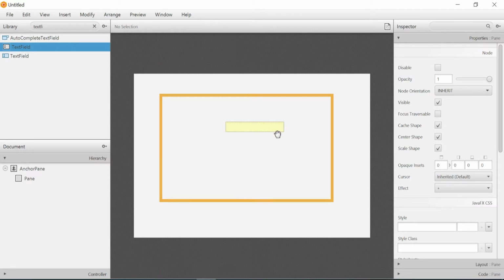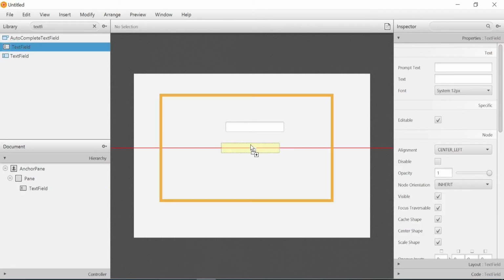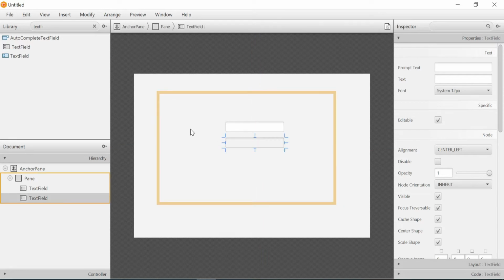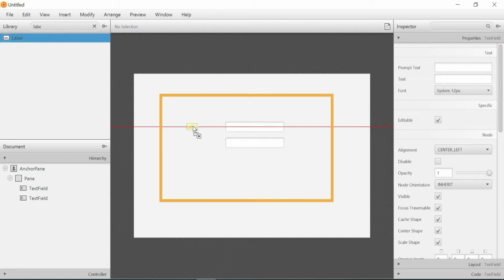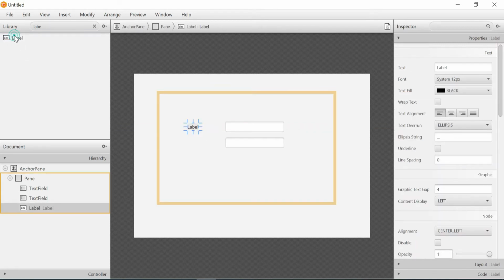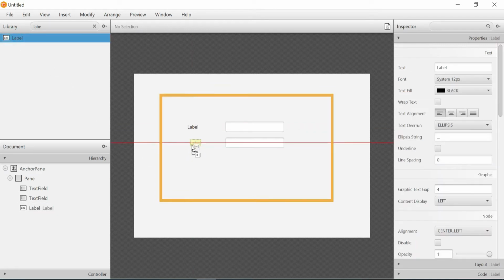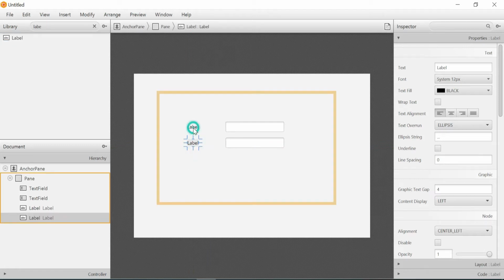For the login page, what are the things we need? We need two input fields and labels, label 1 and label 2, which you can just change. I will change them to user name colon, and this one is password.